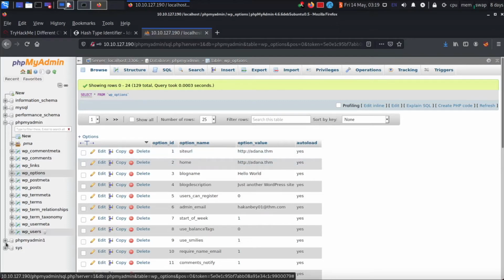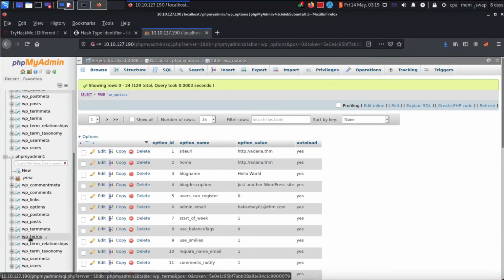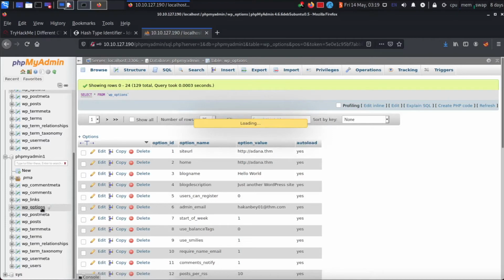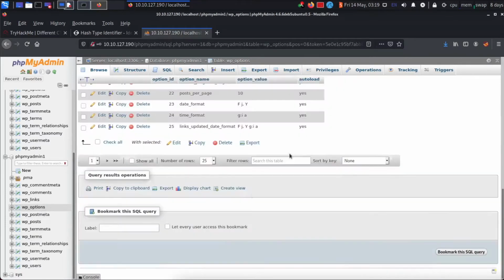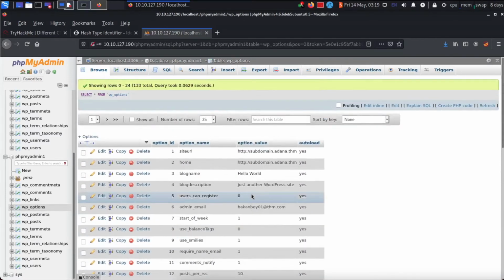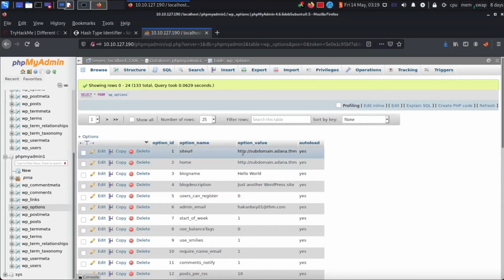But if you take a look at phpMyAdmin and you look at the WP options on this one, you're going to see that they run a second website here called http://subdomain.adana.thm. So let's go ahead and drop both of these URLs into our hosts file on the